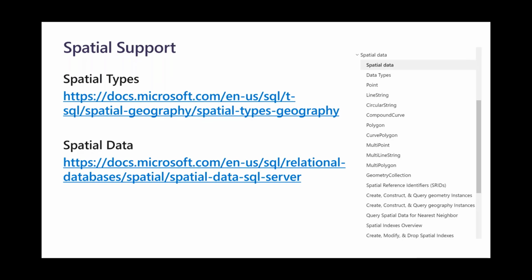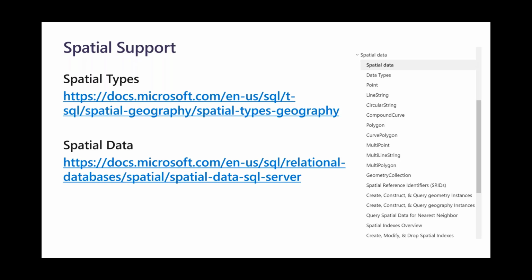There are two types of data. One is the spatial data and another one is the spatial types. So what do we mean by spatial data? Spatial data can be geometry data or geography data. Geometry data is like, think of Euclidean geometry, a flat surface, like the top of this table where I have this laptop, or your floor, versus the other type of data, geography data, which is more like the Earth's surface. So the distance from point A to B could vary depending on the curvature of the Earth where we're going, right?